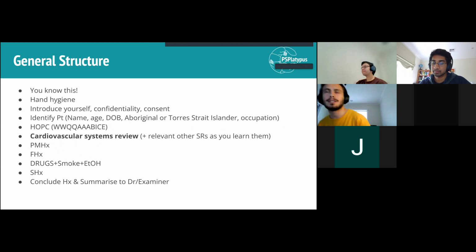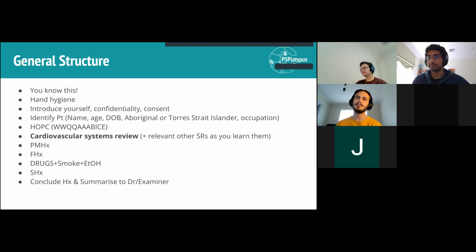Yeah, so cardiovascular history, it's definitely very important. Of course, history is generally where you're going to find out what's wrong with the patient anyway. If you haven't got an idea of what's wrong with them after the history, then that's a bit of a worry. And cardiovascular history especially, I think basically every Monsky I've done, at least all of the summative ones, has been on cardiovascular history taking. Maybe it's by chance, your results may vary. So it's definitely very high yield and a thing that you're going to get a lot of practice of,